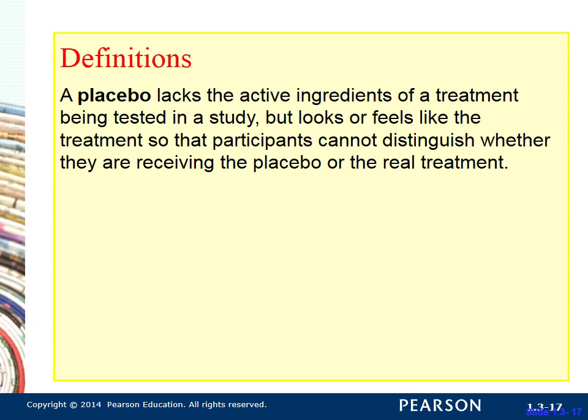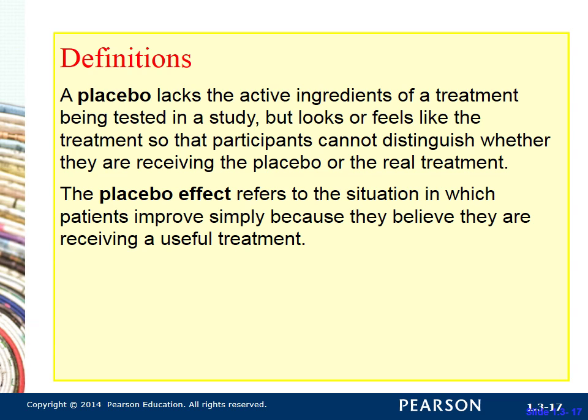So when we're talking about an experiment, if you're giving a medication, both groups have to receive some kind of medication. So the treatment group would get the real one and the control group would get the placebo. A placebo effect refers to the situation in which the patients improve simply because they really believe they're getting a treatment, like the Band-Aid. Oh, that made me feel so much better, but it doesn't really, it just has a